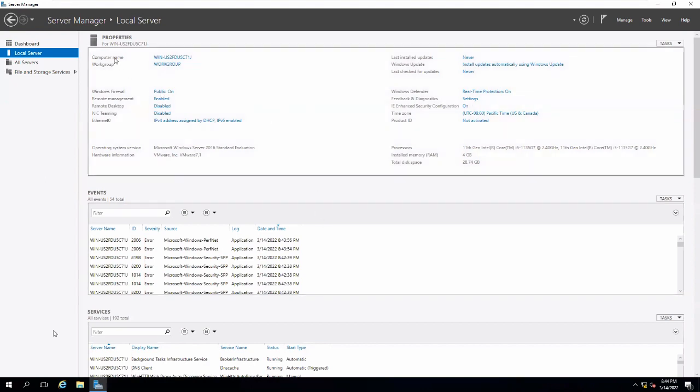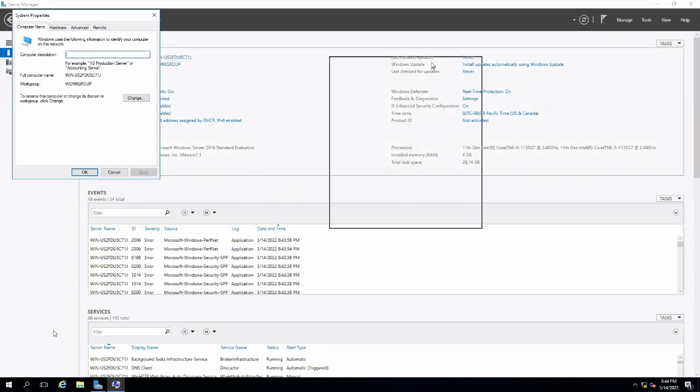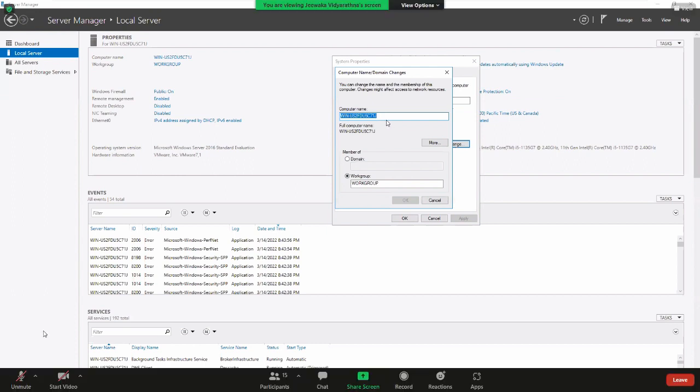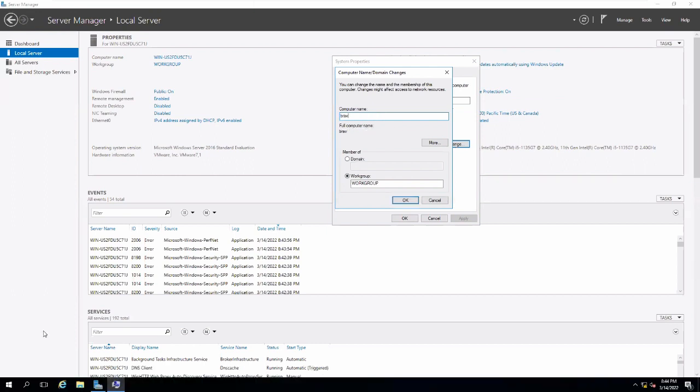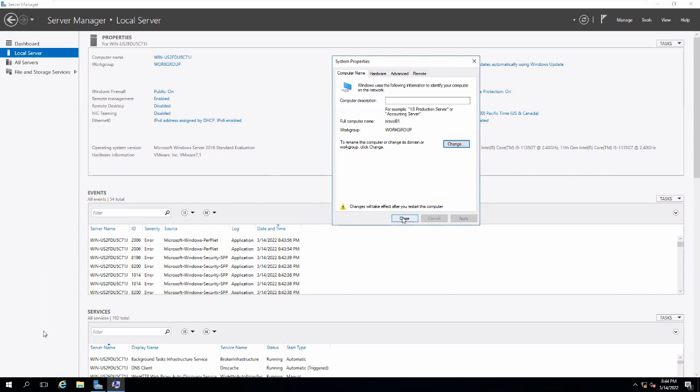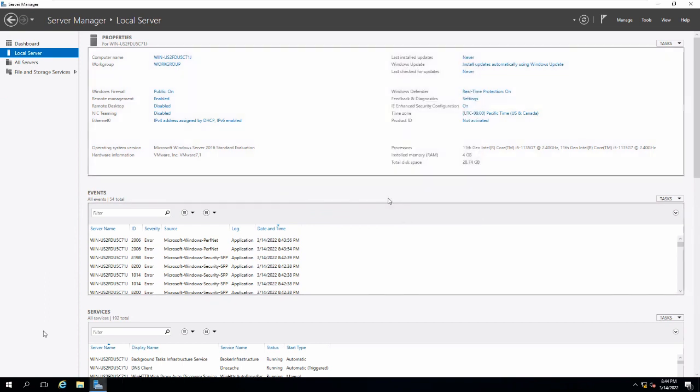If you want to change the computer name, go here and click it, and it will give you the wizard, right? You just click Change, and I give a new name. Right now I don't have a domain, so I don't want to join it. I just keep it as default, press next, okay. It will ask for a restart. I'll give the restart later, right?